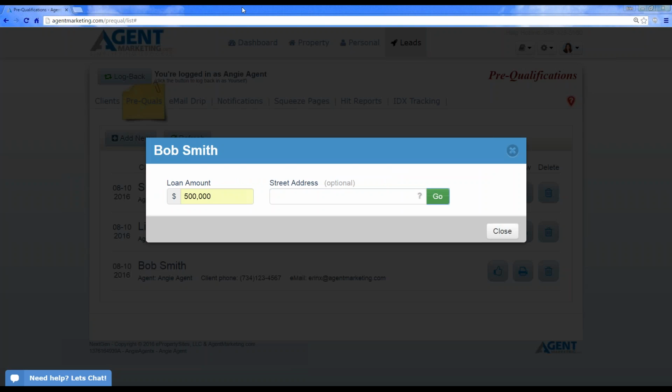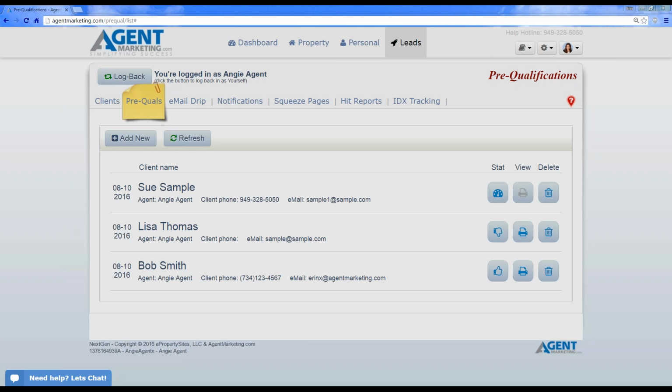Correct me if I'm wrong, but I think being pre-approved kind of speeds up the process as well. So this is a great feature to have in your back pocket. Now, one other thing that you have is a lender can take a look and, all right, so Lisa, she